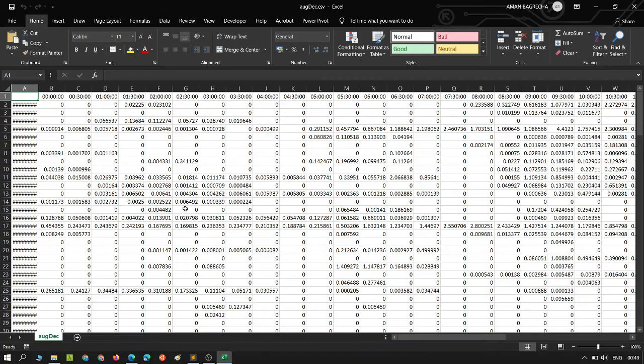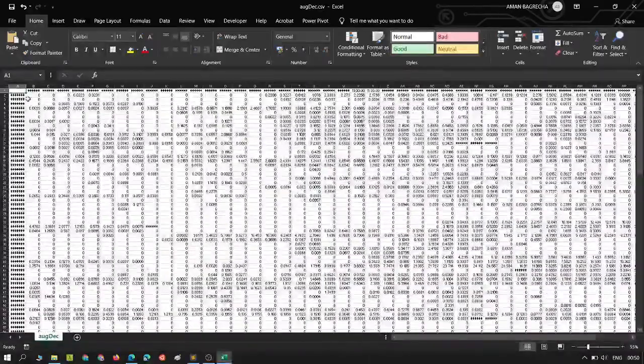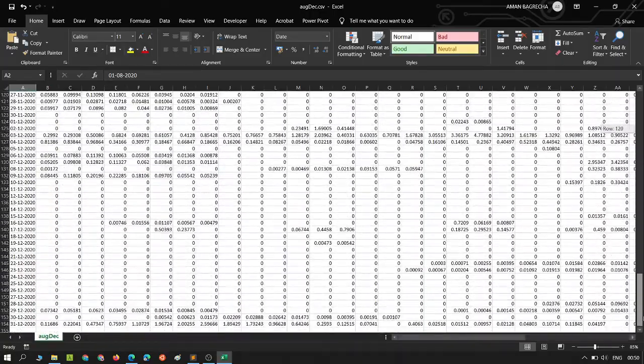So once we open the Excel sheet, alright, this is the output format. In the first column are all the dates. This is what I had done previously for month 8, from 1 to maybe December 31st, yeah.